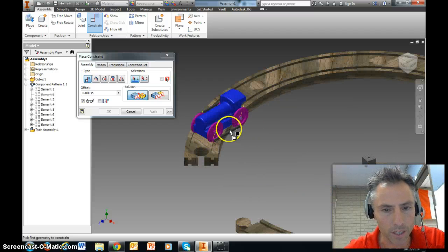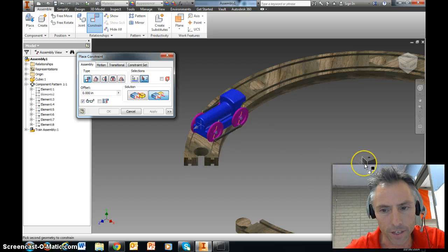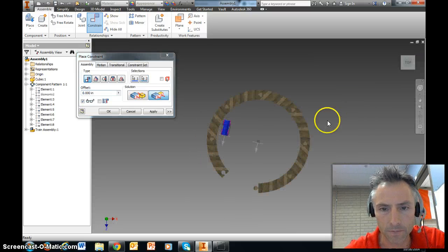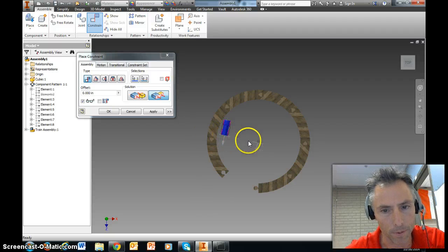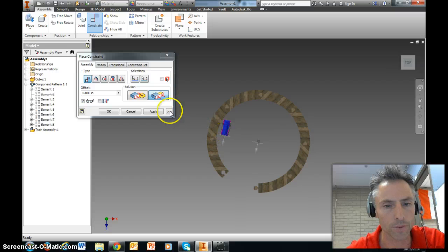And now I'm going to do a couple more constraints. I'm going to tell the front of the train to be flush with the front of this cube right here. Okay, but I want it to actually be centered. So if you remember, if I'm going to get this thing centered on the track, I don't want the front to be perfectly flush with this. This train is 5.5 inches long. It was the very first thing you made on the train. I told it to be 5.5 inches long, so I'm actually going to offset it